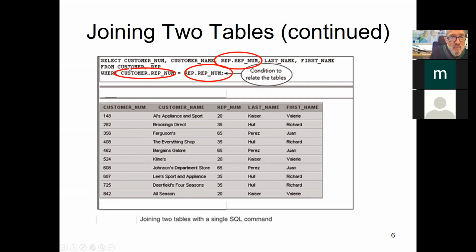Then in the from statement, notice that we have the two different tables both mentioned there, separated by a comma. Then in the where statement, we say the representative number of the customer table. That's why we say customer dot rep number. That means the representative number from the customer table is set equal to the representative number from the rep table, and that's why it's rep dot rep number. And this is the join. Okay,